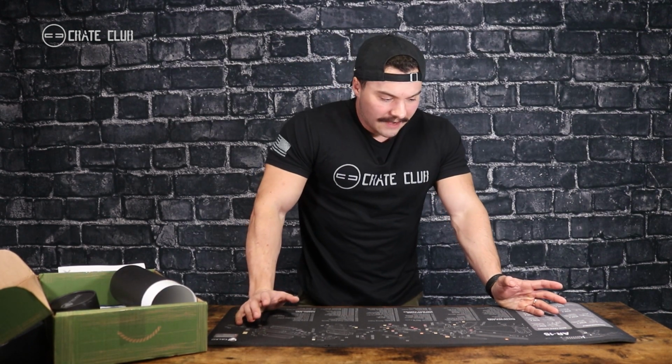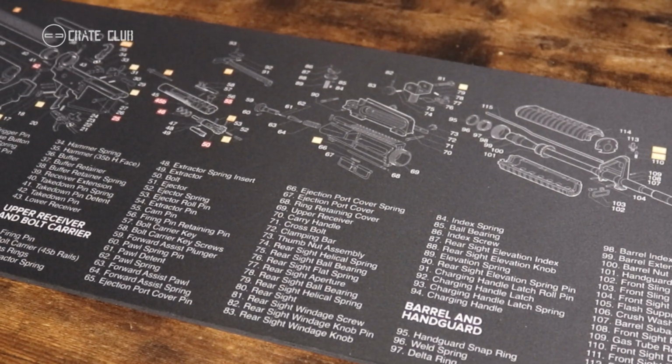What a gun cleaning mat is gonna do for you is give you something to disassemble your weapon on. The last thing you want are all these teeny tiny little buffers, springs, and pieces getting scattered across the table. Sometimes they roll away. That's not going to happen on a surface like this. Not only is having a dedicated space important, we really like this Falco Tactical product because of this really cool